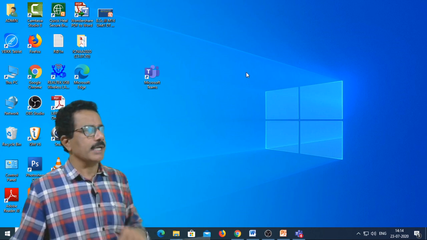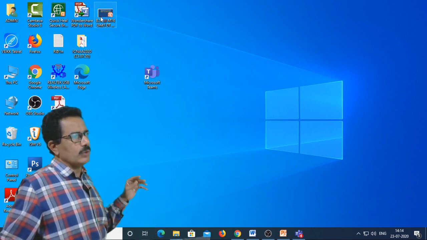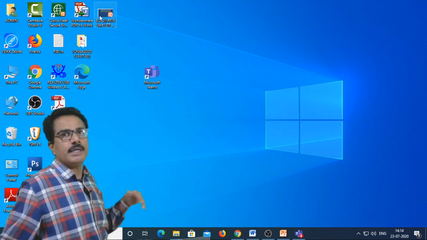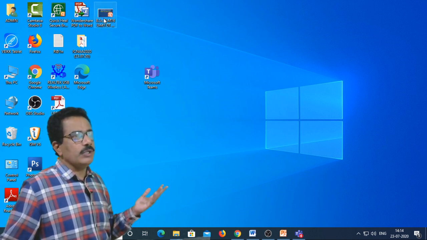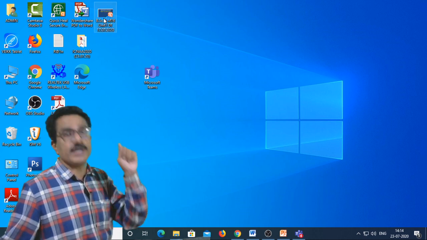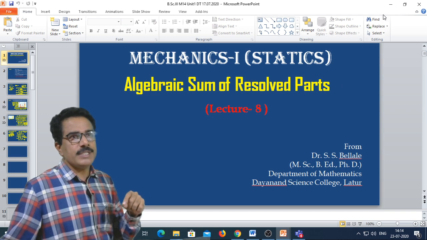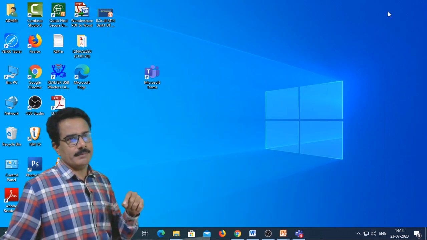Suppose I want to present this file in the conference, then you have to open this file first of all and keep this file minimized.